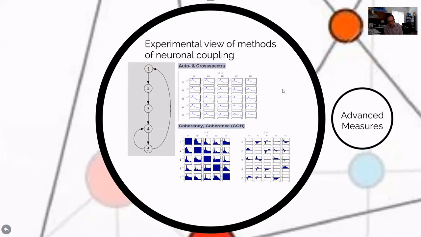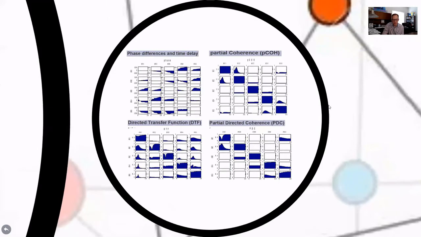Obviously, we would ignore the diagonal, starting up in the top left to the bottom right, because now you're comparing a single location to itself. But in every other box, you see a relationship, and there shouldn't be in every other box, based on our experimental manipulation. We then look at phase differences or time delay. Again, in virtually every box, we see a relation. We then go to the